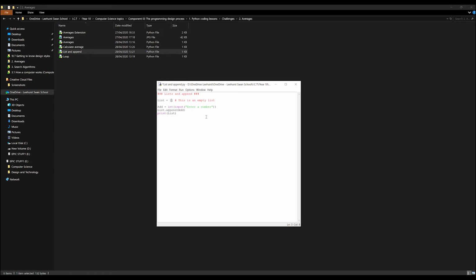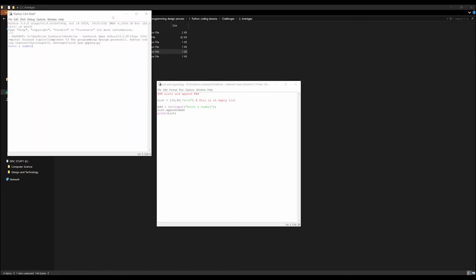So if I wanted to add something to my list, I can just do 10 for example. Let's do 45. You can add strings to these as well because lists allow you to store any series of information. So I could add a word there for example. Now notice that the items are split and separated using commas, so that's how they are separate items. Now what I can do is run this,